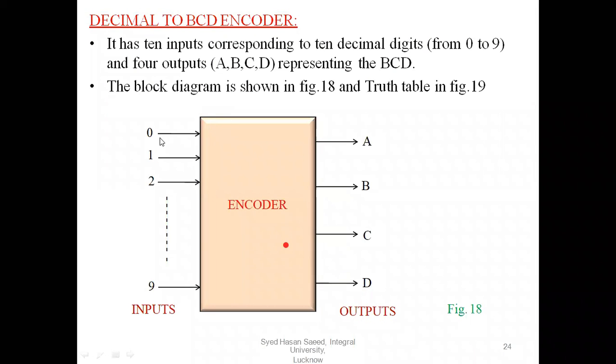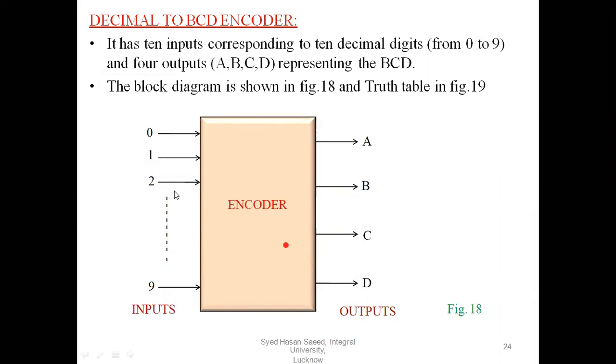So here we will pass the values 0 to 9. And how many outputs will it produce? 4 outputs, A, B, C, D. Why? Because for decimal, here the maximum is 9, so if we take 3, 2 power 3 is 8, only 8, but 8 is not greater than 9, so that's why we take one more input, that is 4. So 2 power 4 combinations will be required, but here we will pass only the values from 0 to 9, and it will produce 4 outputs.